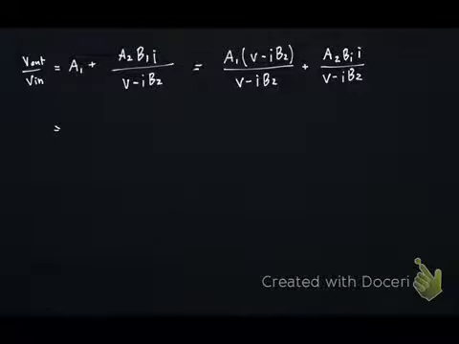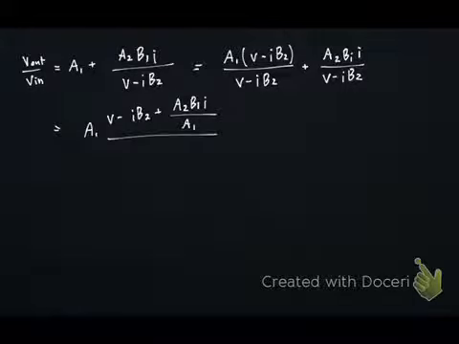And rearranging a little further, we get A1 out front, which was our initial transfer function, times V minus IB2 plus A2 B1 I over A1. And the reason that I did that will become clear in a moment, divided by V minus IB2. Okay, so you'll notice that we've got a voltage dependence and we've got a current dependence, but we know our